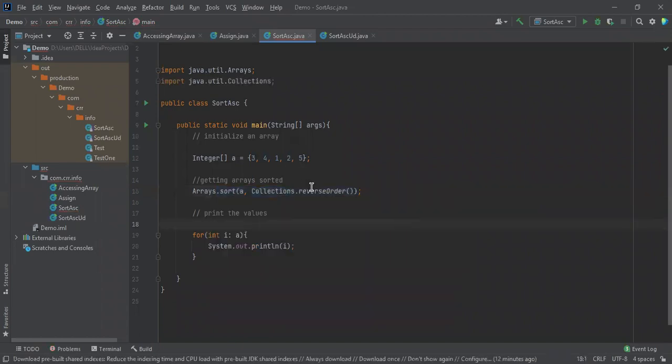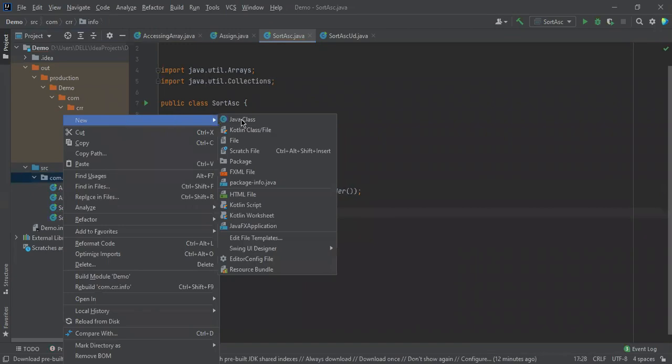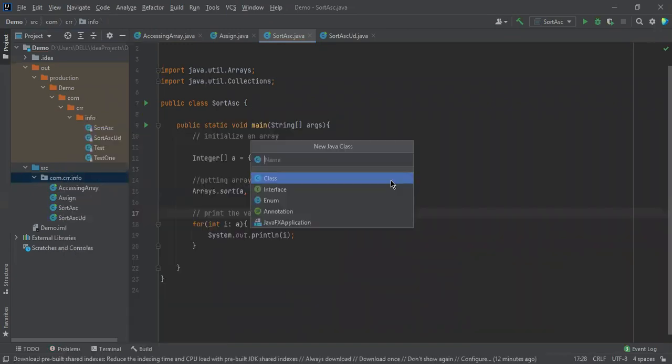Now we can directly get the reverse order, but according to user defined programming, we are going to discuss that. Let me create another program for that. New class, Sort DSC user defined.